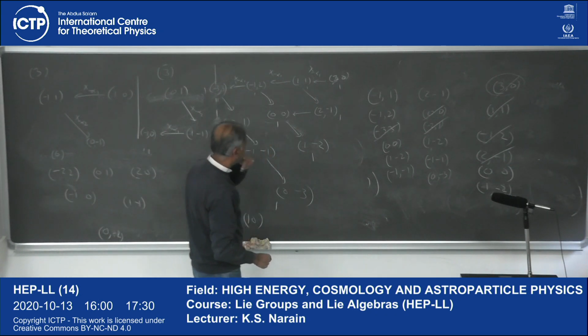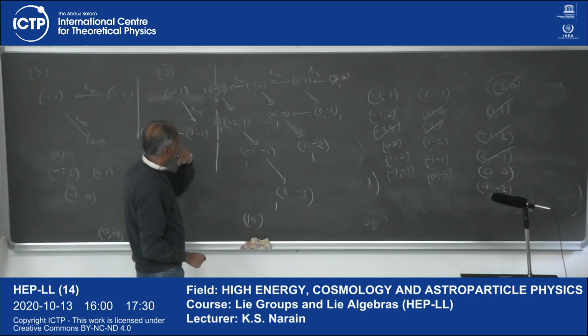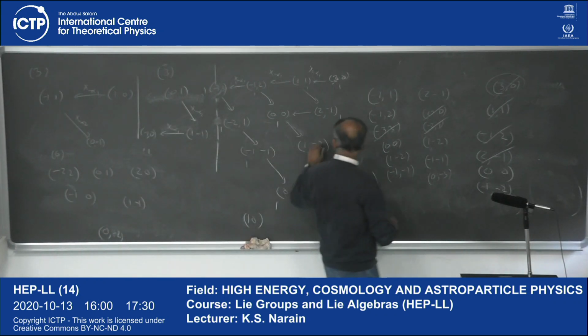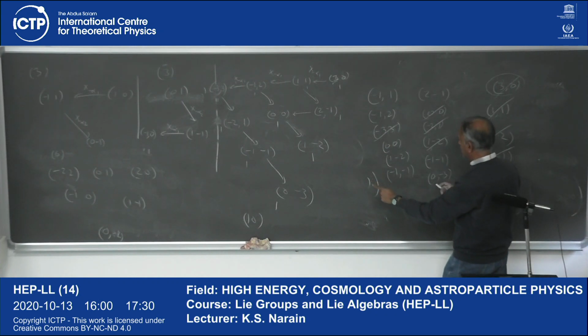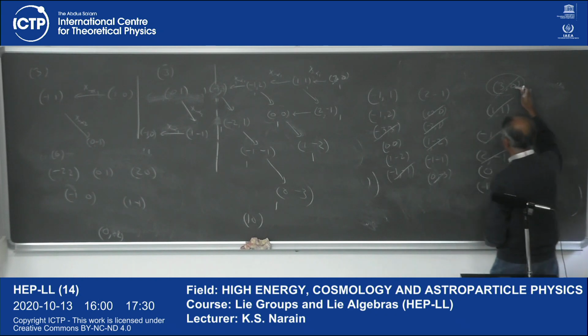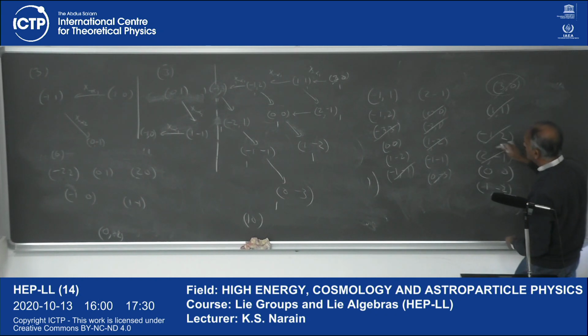No, we removed that. No, I don't think I removed that, no? Because I only went up to that point. Now there is 1 minus 2, and minus 1 minus 1, and 0 minus 3. So let's see how much. 1, 2, 3, 4, 5, 6, 7, 8, 9, 10. 10 states I removed. Now what is left over? You see the leftover, you have,